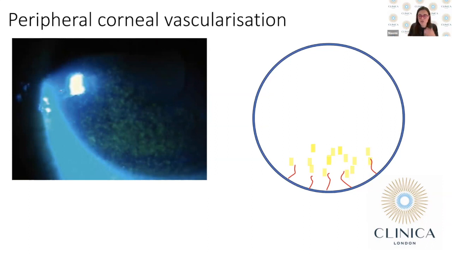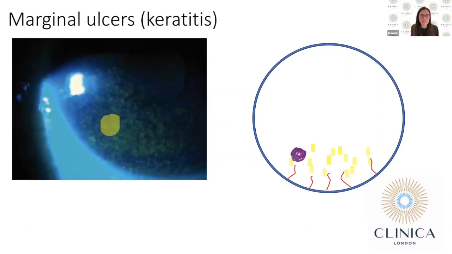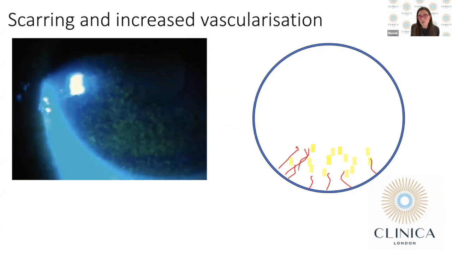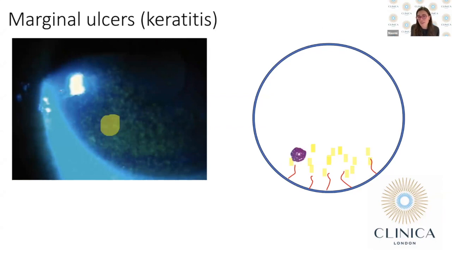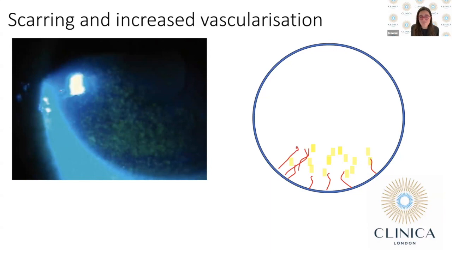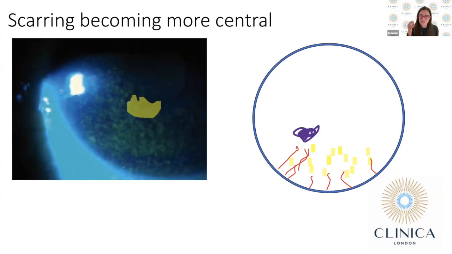You see those little blood vessels growing in. That can sometimes lead to a marginal keratitis, where all those inflammatory mediators coming out of those blood vessels cause often sterile infiltrate in the cornea. And there you might be getting more of an acute condition of a newly uncomfortable eye as the epithelium breaks down. So that may heal, but where the scar has been, you may get further ingress of vessels, and that might mean that the next time that marginal ulcer is not so marginal, it's a bit further in and closer